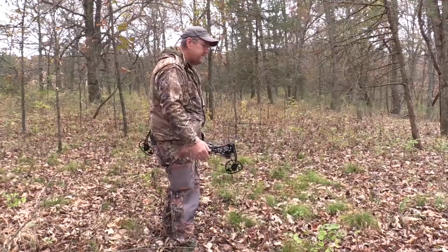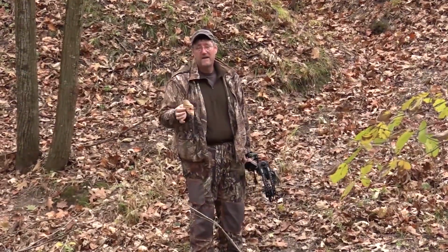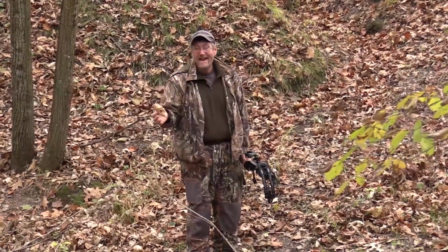Now, unfortunately, I did happen to find where that deer bedded. There was about a half dozen beds in an area not much bigger than a 10-yard diameter. If I'd waited till the next morning, I would have found him there. He wasn't dead yet. All right, we found 8-10 beds,